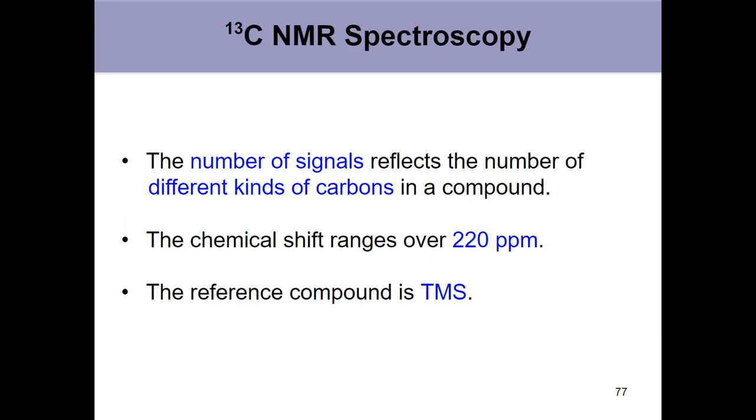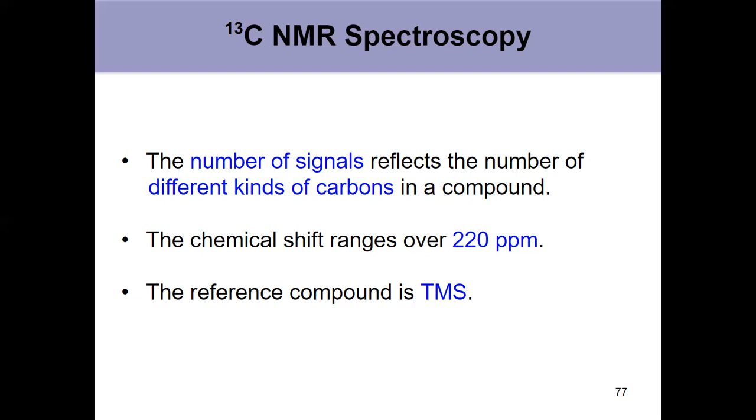Once we can do it, it's more difficult to acquire. It requires a computer for the FT process, Fourier transform process. It takes longer to do. These are really weak signals, so typically the experiment's repeated several hundreds of times in order to distinguish signals from the background noise. But when we can get carbon NMR, it does have really useful information,